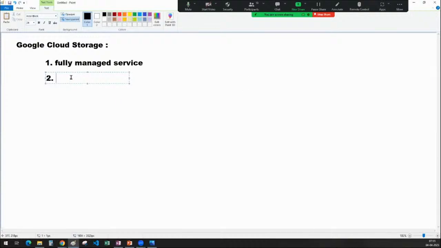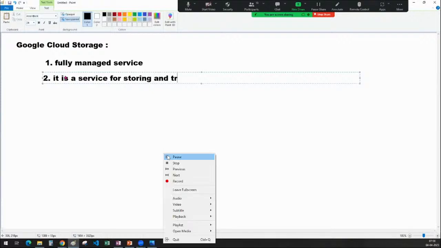Now I understand that it is a fully managed service, so the infrastructure will be taken care of by GCP. That is fine. So now tell me what kind of service Google Cloud Storage is. What is the main intention of having Google Cloud Storage in GCP? If you ask me, it is a service for storing and retrieving